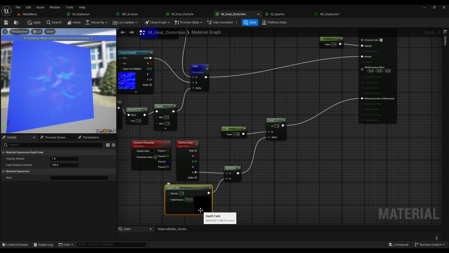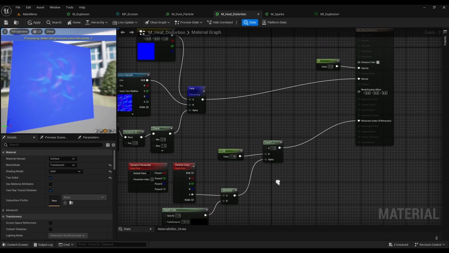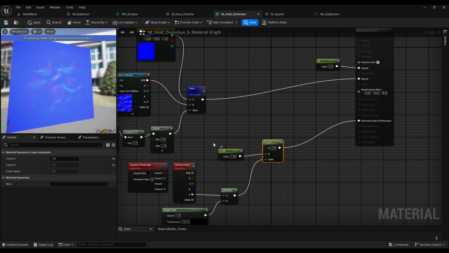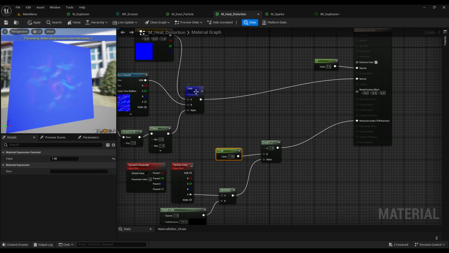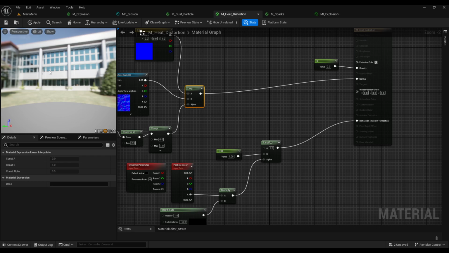So if any other surface will clip through it, it will slowly blend, it will fade out, it won't just clip through. And then we use lerp node with the scalar parameter value and connect it to the refraction of index. So we have the heat wave distortion effect,